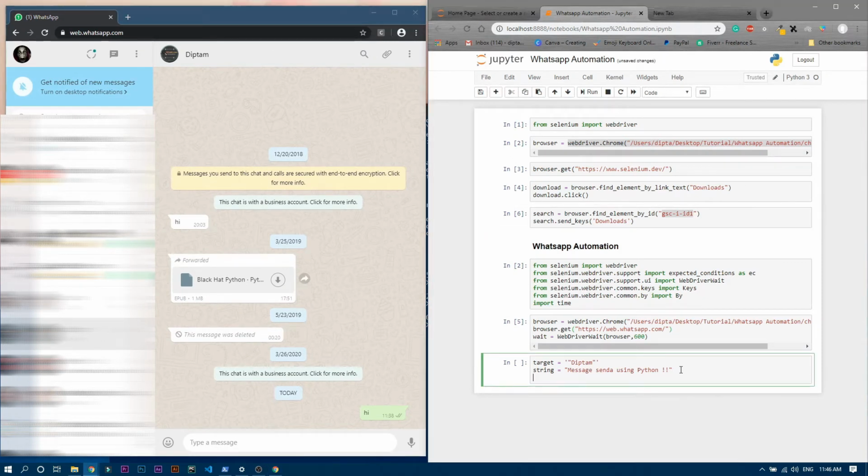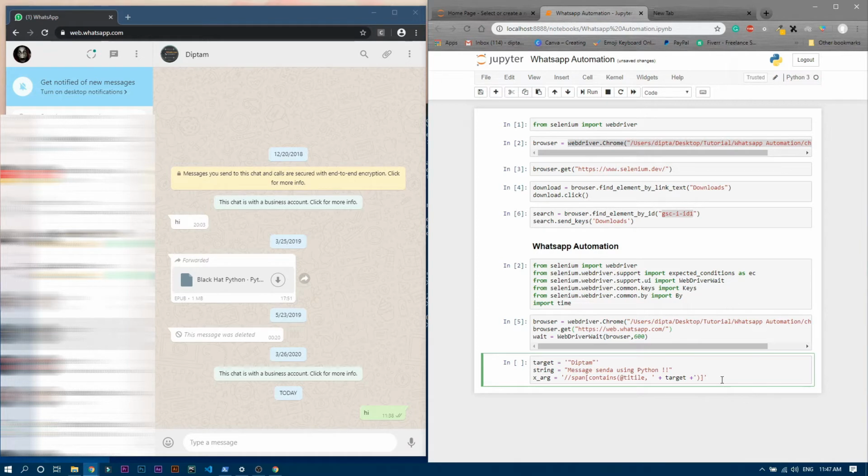So we will need to write one more thing over here. Okay, so x underscore arg, and here we have to write this thing: forward slash span, then box bracket, and inside the box bracket you have to write contains, then parenthesis, and inside the parenthesis you have to write title, comma, space, then you have to close the inverted commas. Fine, and now write plus, and then the target name. Okay, because we want to search for this Deeptam name, right? And then again plus, and that's it.